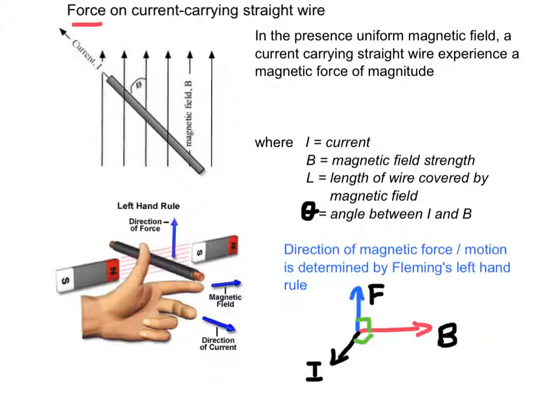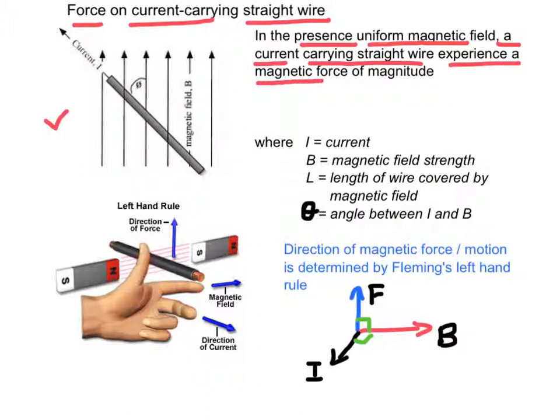Force on current carrying straight wire. In the diagram, there is a current carrying wire inside a region of magnetic field strength B. In the presence of a uniform magnetic field, the current carrying straight wire will experience a magnetic force of magnitude F